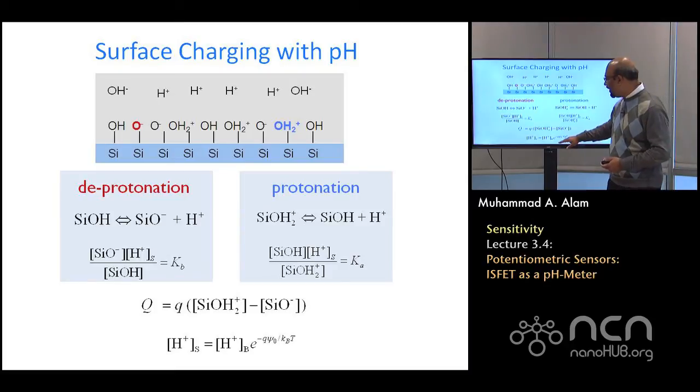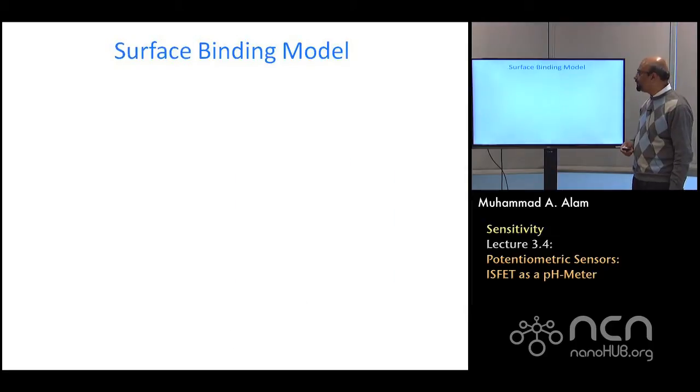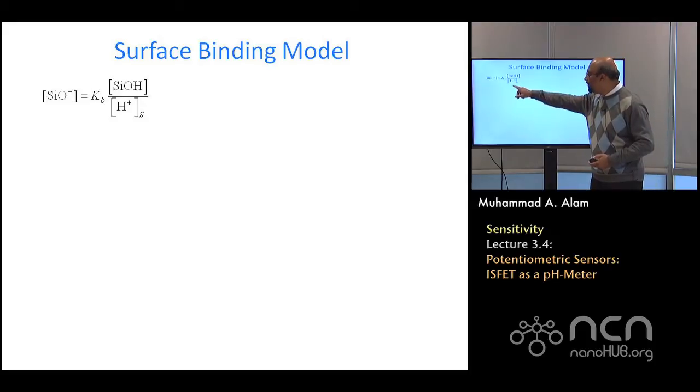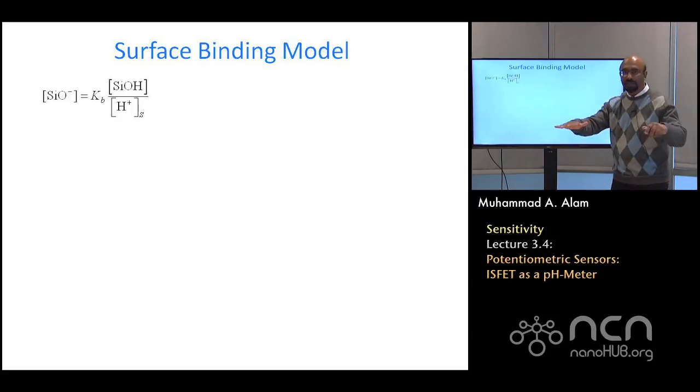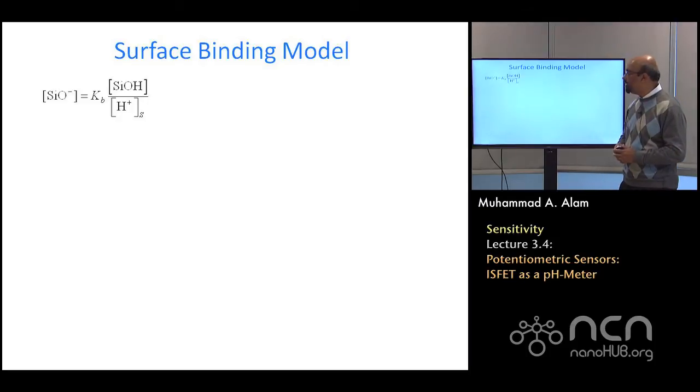Now, one thing that we'll be returning to is that the bulk concentration and surface concentration are not exactly the same. I'll explain in a second why that is the case. So here is a very simple calculation. I already know from the previous expression, all I need, this H plus is already known. SiOH, as soon as the surface or the oxide is specified, SiOH concentrations are known.